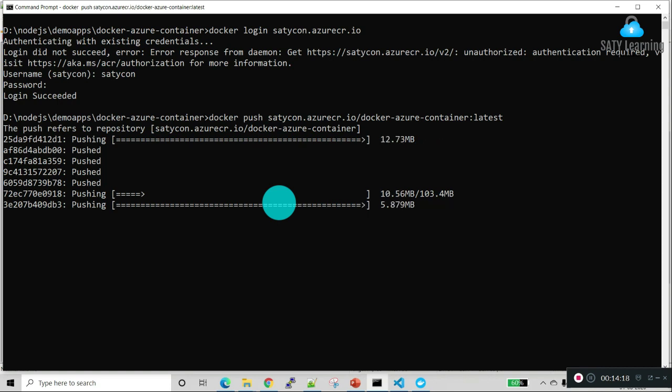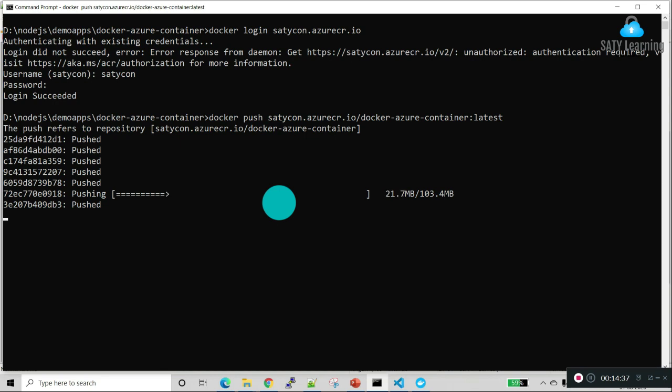As the code is moving from our terminal to the Azure registries, which is in the US, it will take some time and there will be some latency. So we need to be very patient and wait for the job to complete.